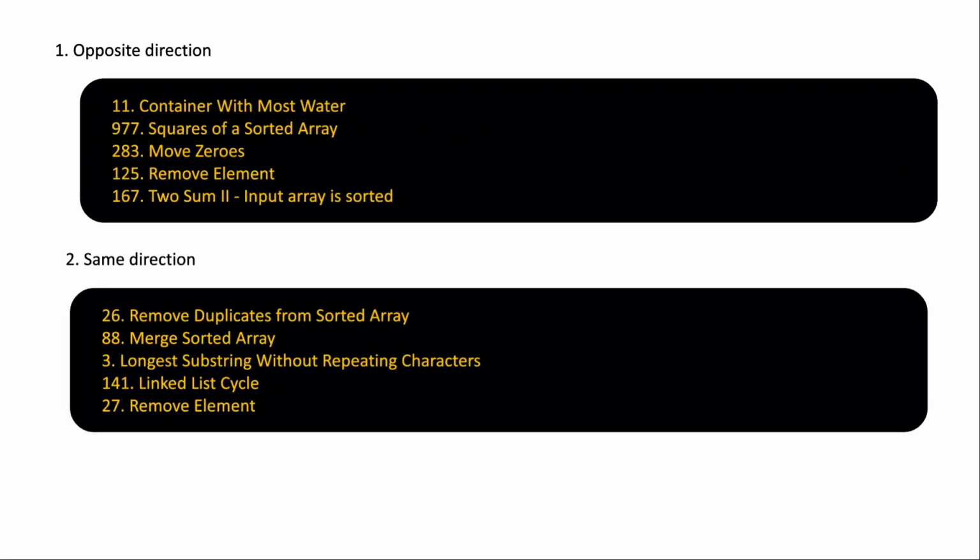All right, now these are some of the examples. The first 5 examples from LeetCode are from the opposite direction approach, where you need to apply a two-pointer approach, but you need to move your pointers in opposite directions. And for the second 5 examples, the pointers move in the same direction. What I would recommend is, guys, please go through these examples, try to solve them, apply whatever you have learned from this problem, try it yourself.